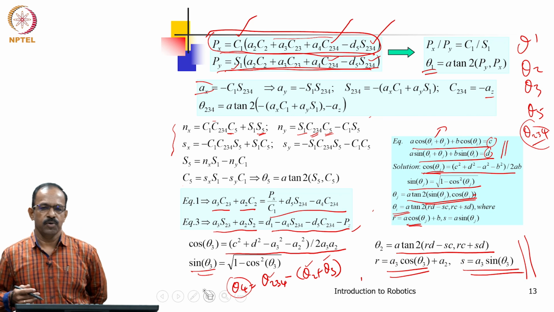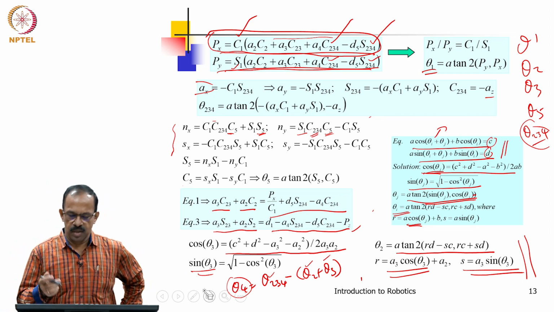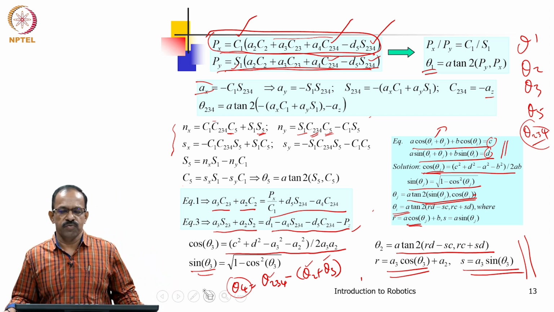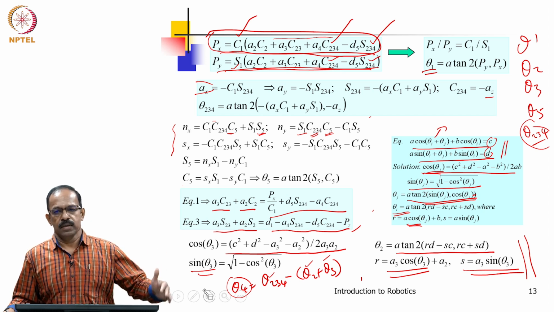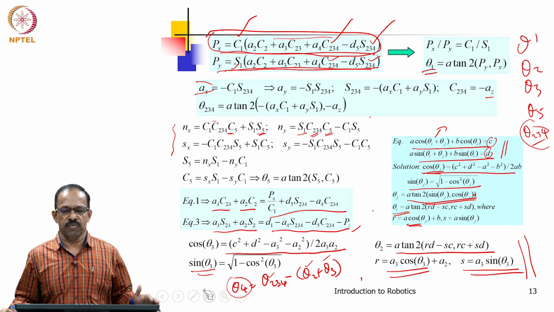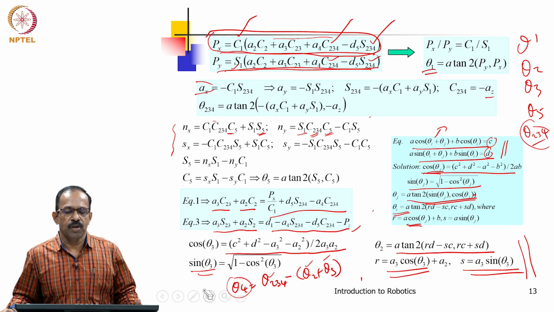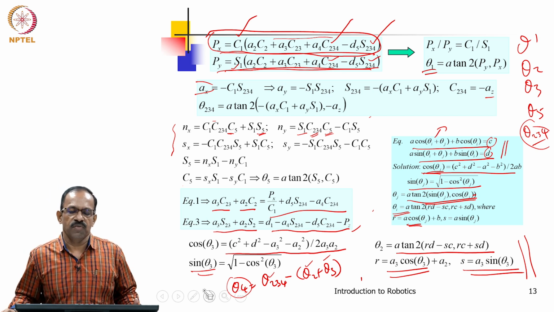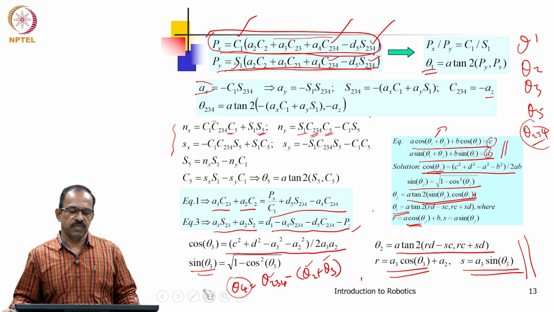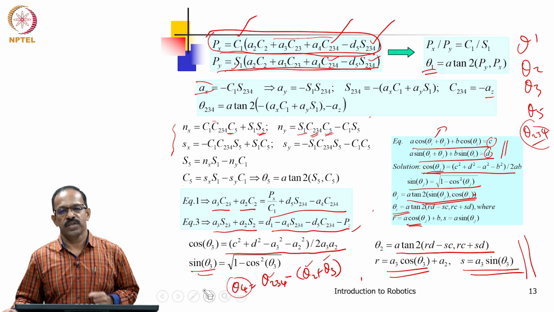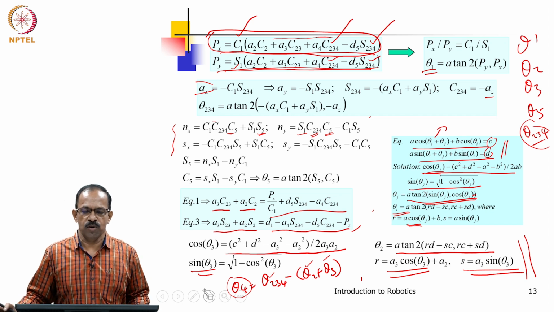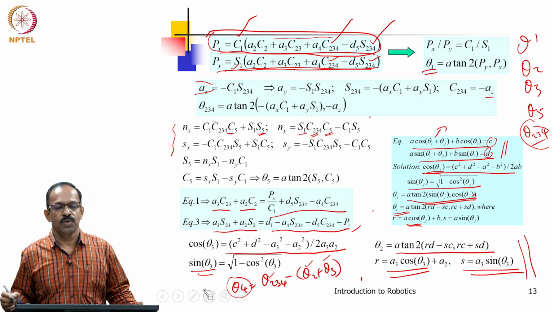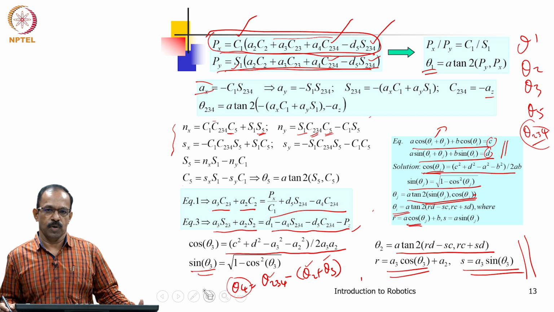And this way you will be able to get all the joint angles solved for this manipulator. So, that is the way how we get the inverse solution for a manipulator. Now, whatever may be the manipulator configuration, whether it is 6 axis or 5 axis or 4 axis, we will be able to solve the equations provided it satisfies the sufficiency condition for closed form solution. If the closed form solution does not exist, there is no point in solving it, you will not be able to solve it, you may have to go for a numerical solution. So, that is what we have to do to solve any manipulator inverse problem.